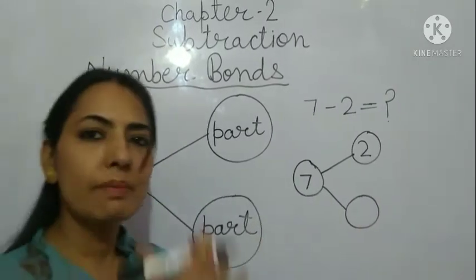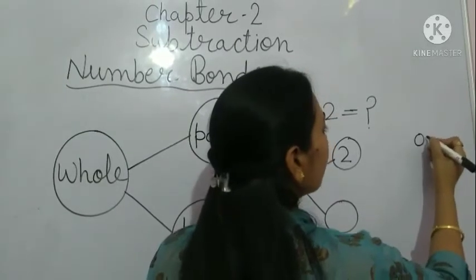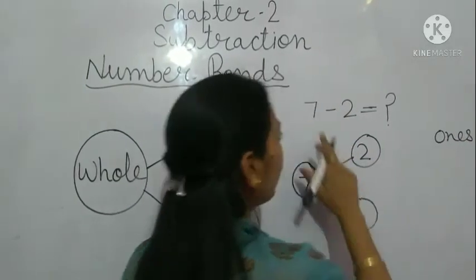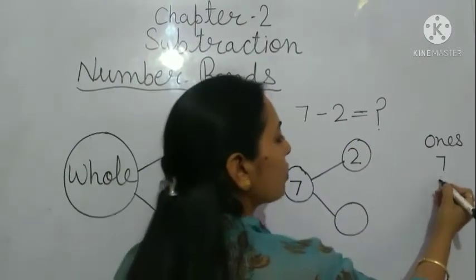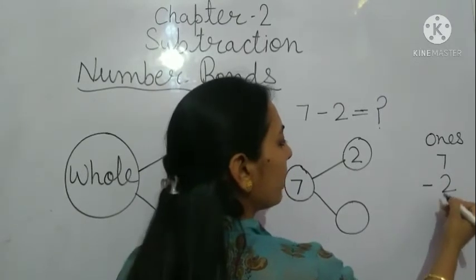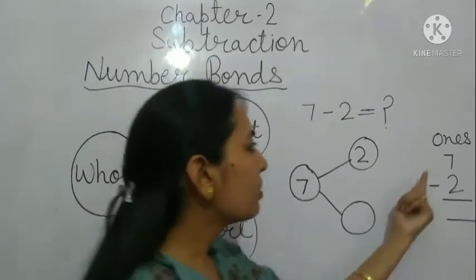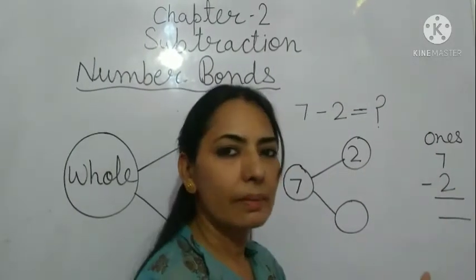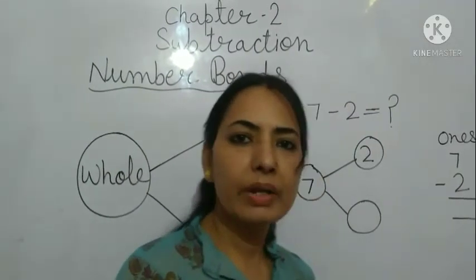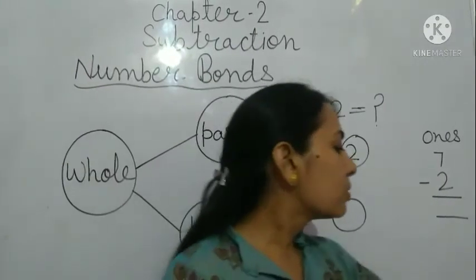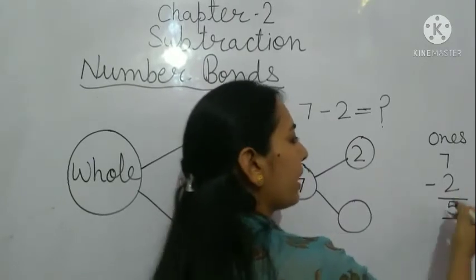So अब हम इसको simple way में करके देखते हैं. We will do like ones. We will take ones. So we have 7. So we'll write here 7, and we have one part 2 here. So we will write 2, and we will minus it because we have to minus it. This is a simple way. So we have to minus 2 from 7. 7 में से 2 minus करना है. So we can count on fingers also. We can count manually or we can count in mind also. So if we minus 2 from 7, we got here 5.